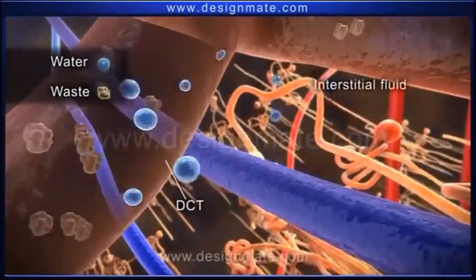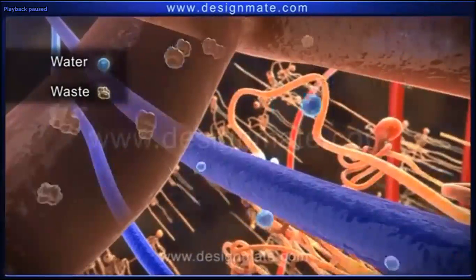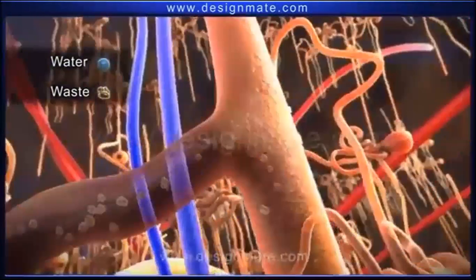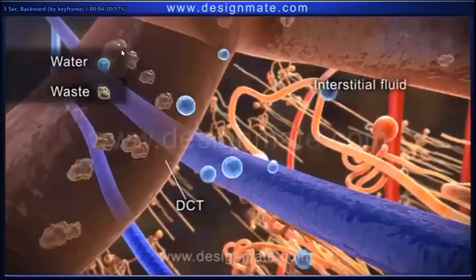The fourth step is concentrated urine, or formation of hypertonic urine. One hormone responsible for increasing the concentration is vasopressin. Vasopressin is a hormone that increases the concentration of urine, and finally it opens into the collecting duct, then to the pelvis, to the ureter, to the urinary bladder, and from the urinary bladder to the urethra. So this is a cyclic process.